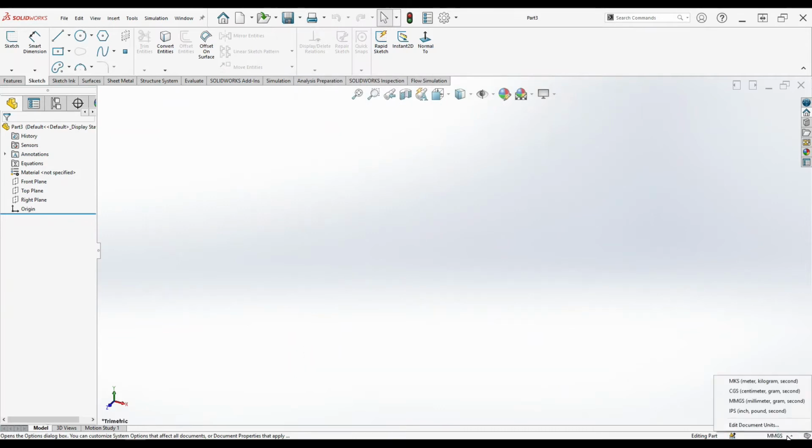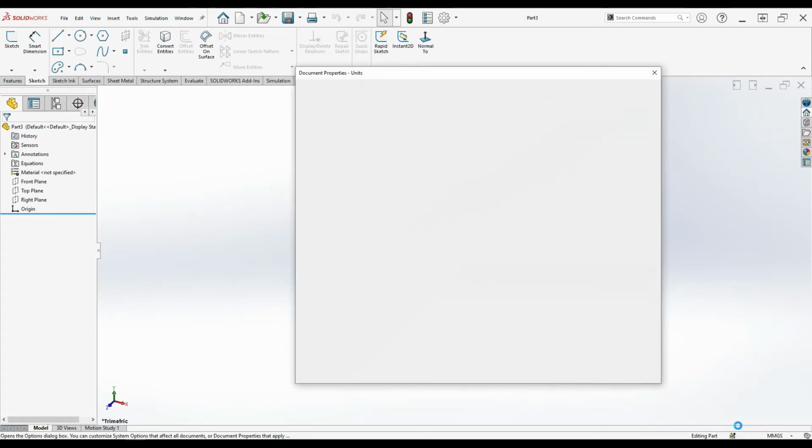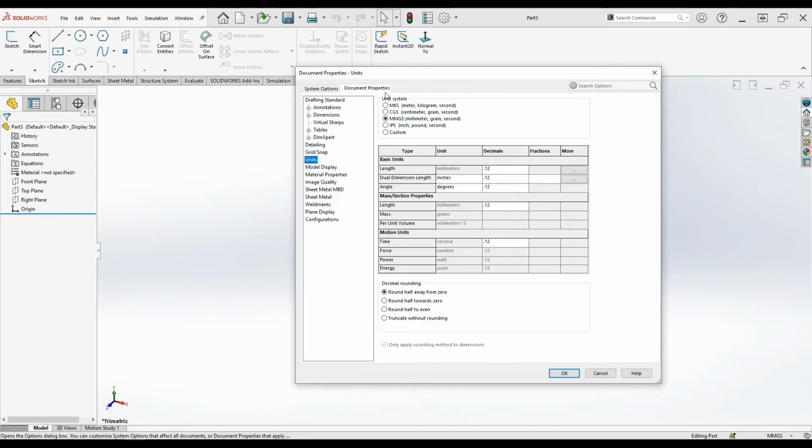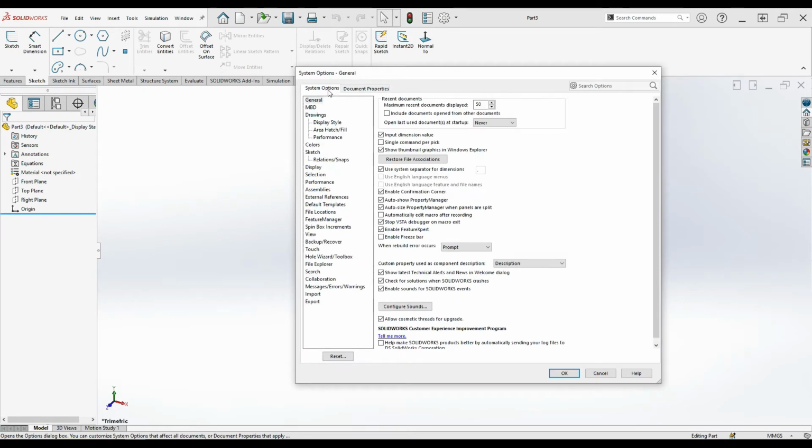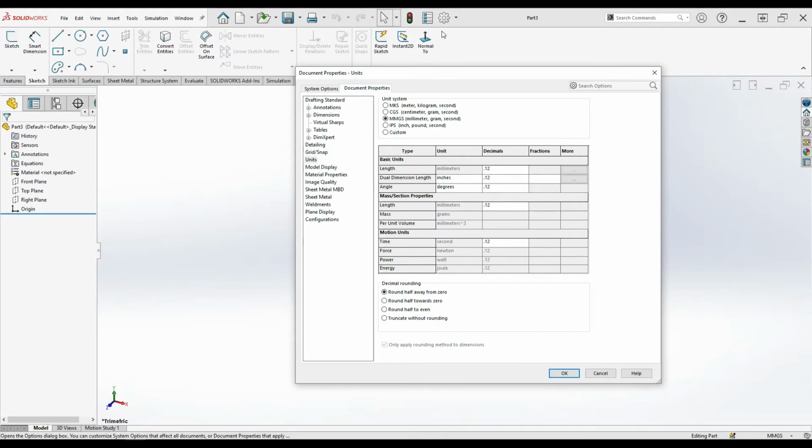You can see here a unit like millimeter, gram. If you want to change the units, you can change them from here. Once you click Edit Document Units, here you can see the same options, System Options and Document Properties, appear the same as here. I just clicked this settings option. So these are the ways to enter these options.